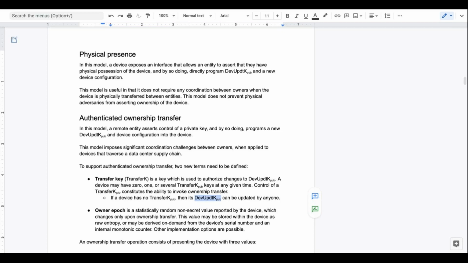I'd like to mail it back to the vendor, but I can't contact these devices to de-own them or put them back in any kind of manufacturing state. They're still owned by me. So by the time the subassembly reaches the vendor, they've got a bunch of devices that they can't control because they're not me.